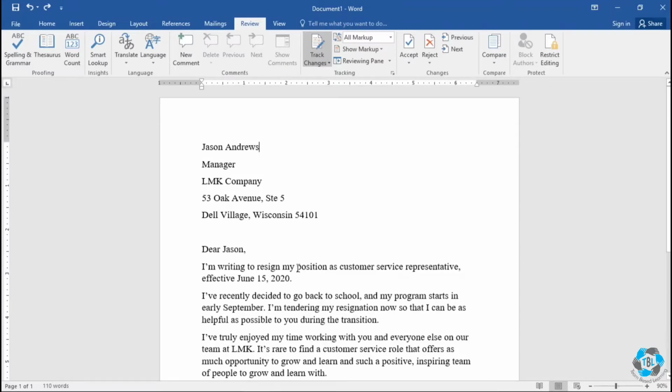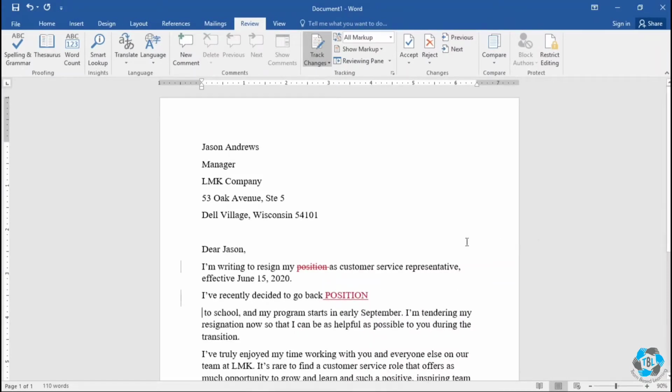For example, I'm selecting a text and clicking on the delete key, and you can see it is not deleted completely, but it's showing a red sign, which means it is not included in the text. And if I want to include a word, it will be underlined. As you can see, that is what the proofreader is suggesting to the original writer of the document about certain suggestions and changes.